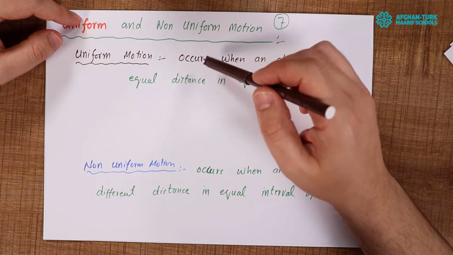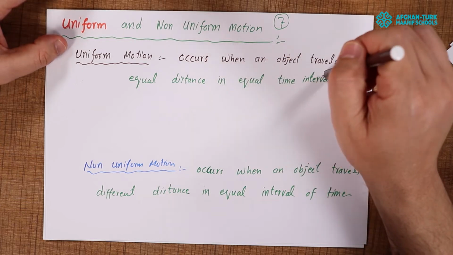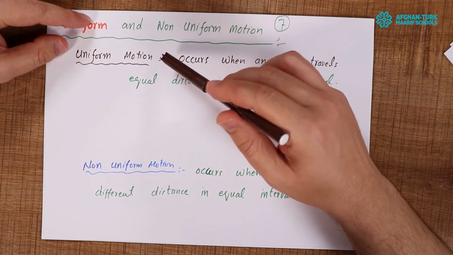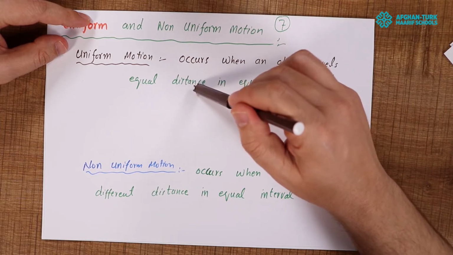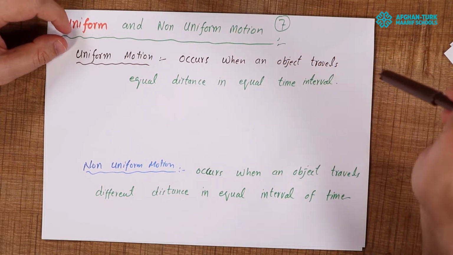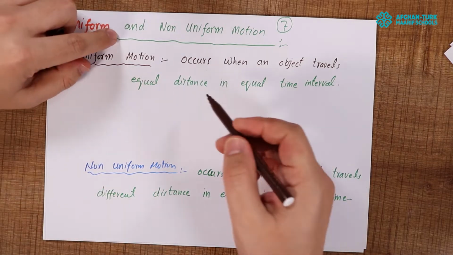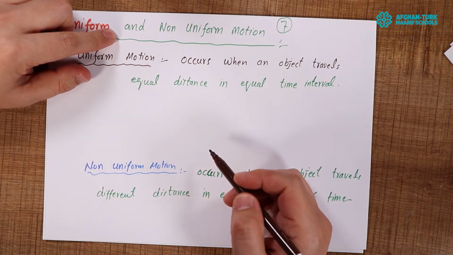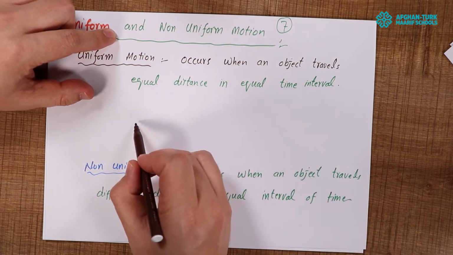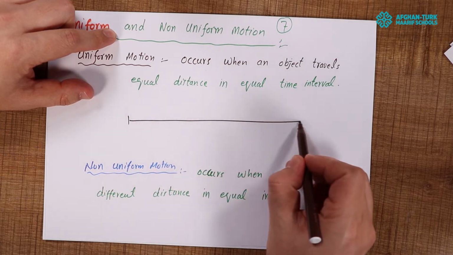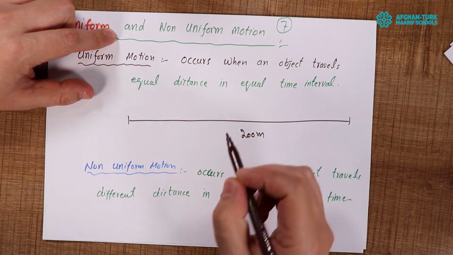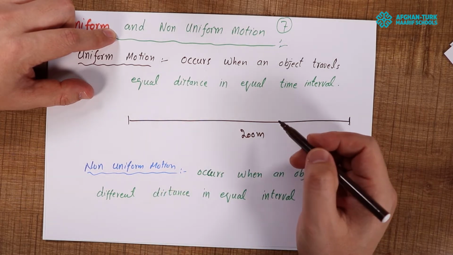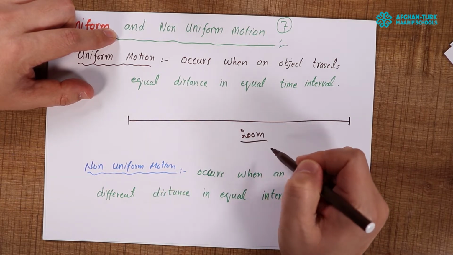Now the first one, the definition is given here. Uniform motion occurs when an object travels equal distance in equal time intervals. What does it mean by equal distance and equal time interval? For example, if we have a total distance of 200 meters, and a person says that they cover this 200 meters